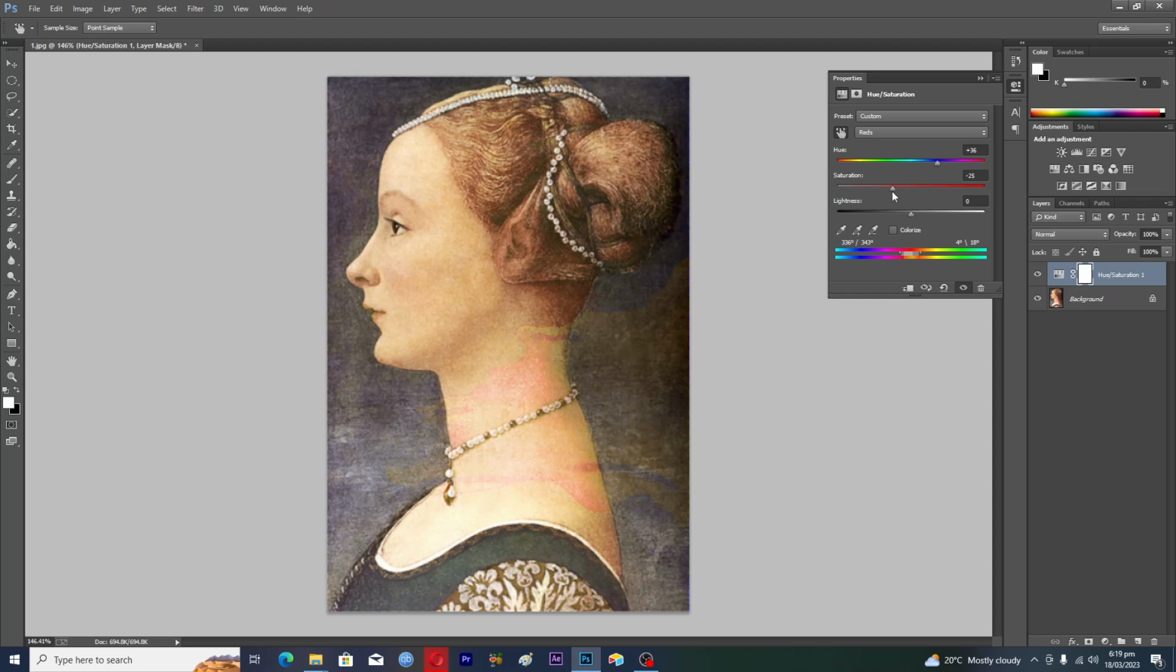So you get the idea of how to remove the stain. Okay, so you just have to play with it. Okay, so after this one